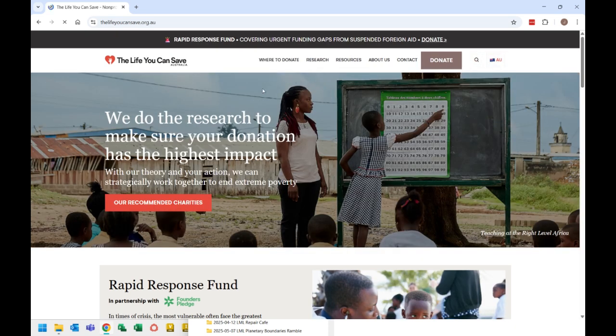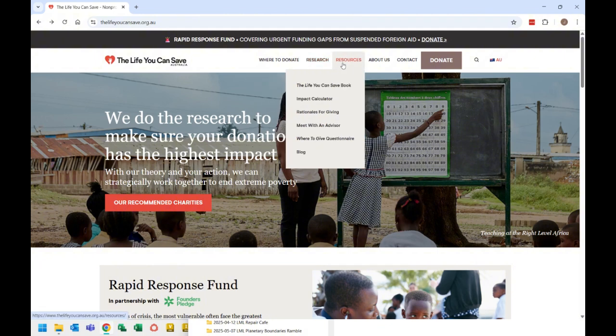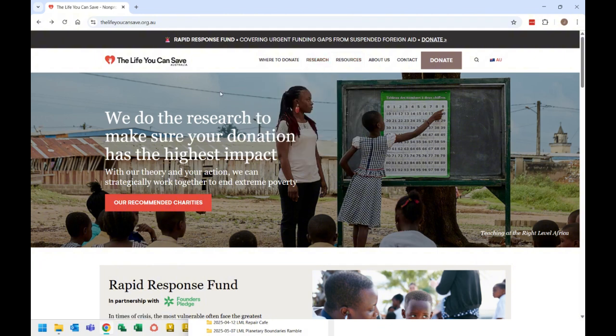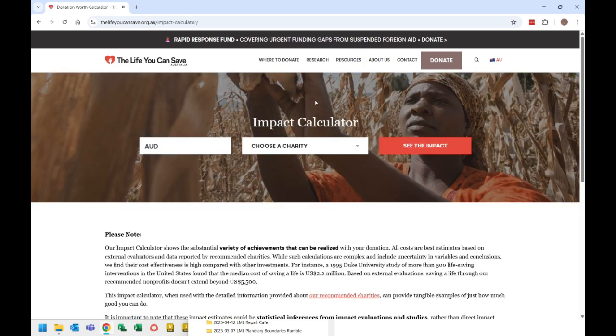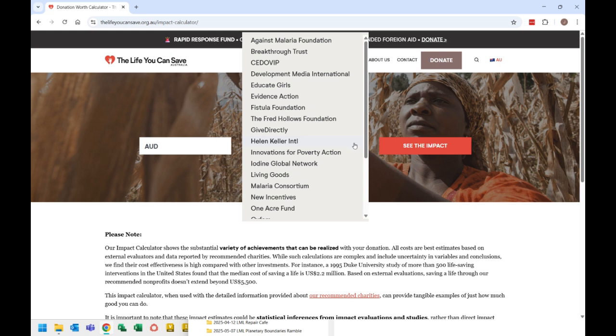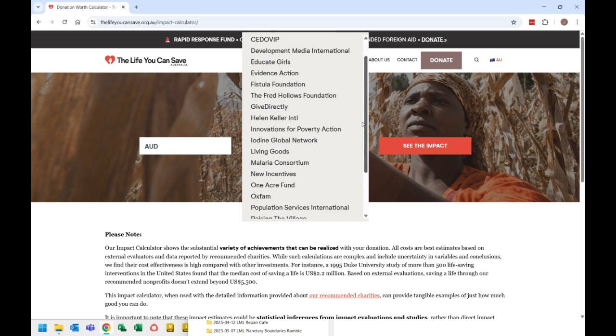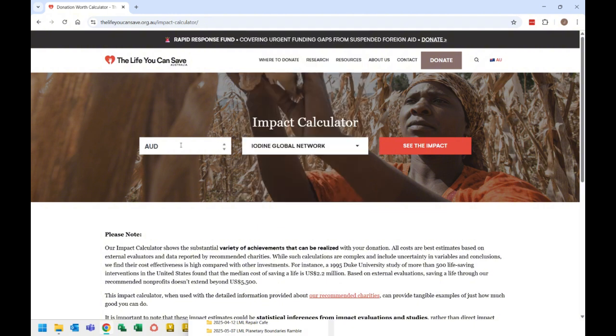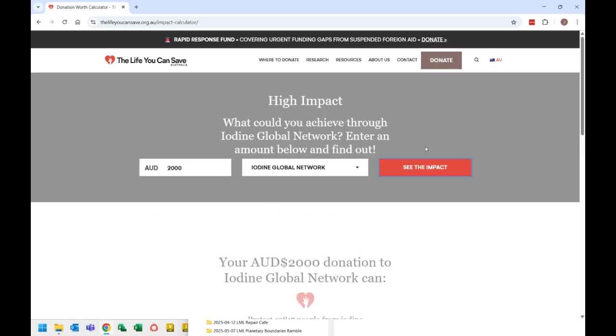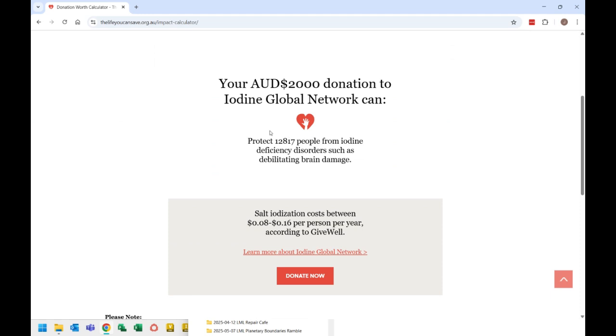And then we can have a look at impact calculator, which you'll find over here under resources and impact calculator. Now we can see for each of the charities, and you can look at the ones which we've supported, or you can look at any others. Let's have a look at IGN, for example. If I gave $2,000 this year to IDA Global Network, see the impact, and it suggests that